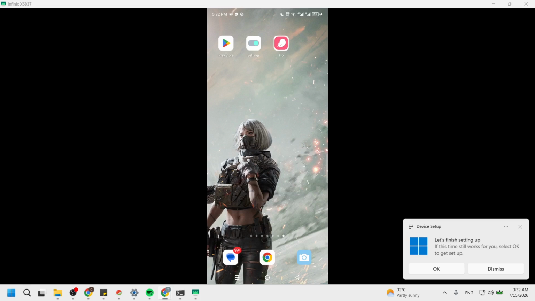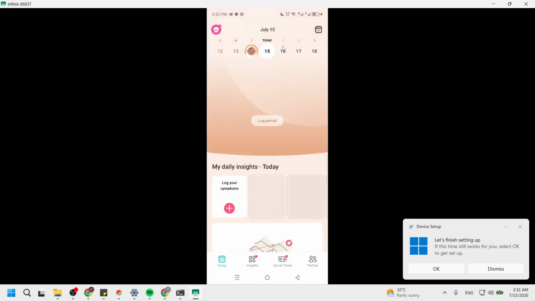You will see the app's welcoming screen, which may feature a colorful design and your personalized health insights. This initial step is crucial because it sets the stage for tracking your health and wellness. If you have not yet set up your account, take a moment to do so. Once the app is open, you will be ready to navigate through its features. This ensures that you are using the app to its fullest potential.